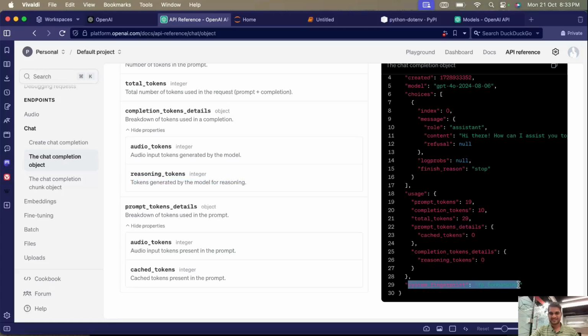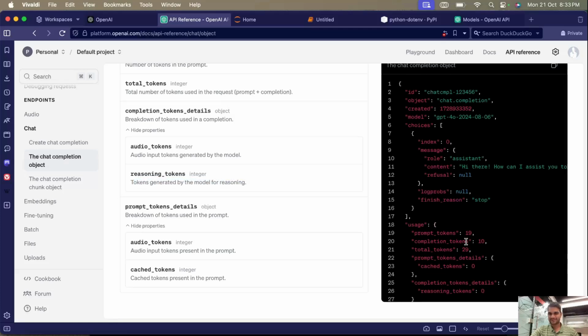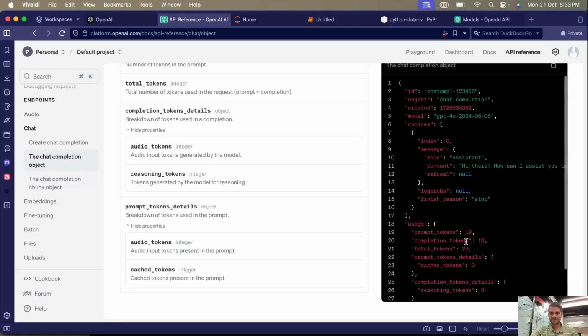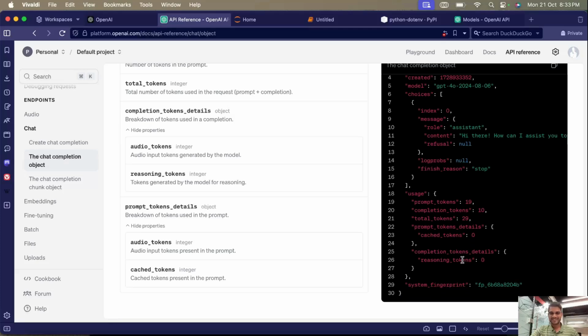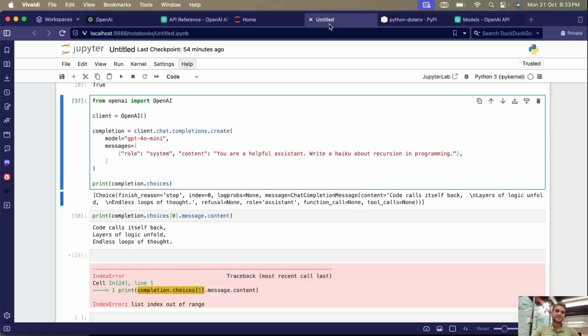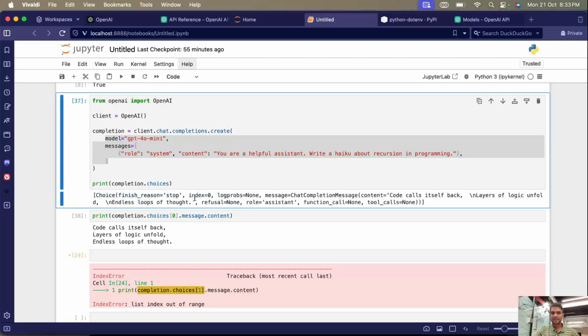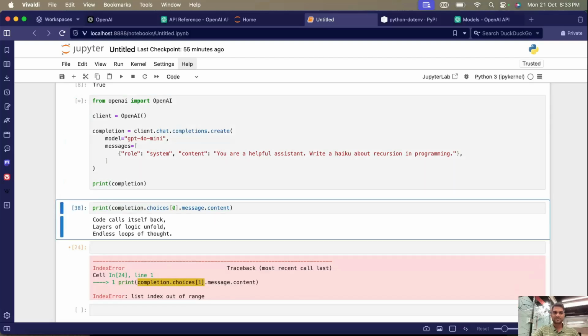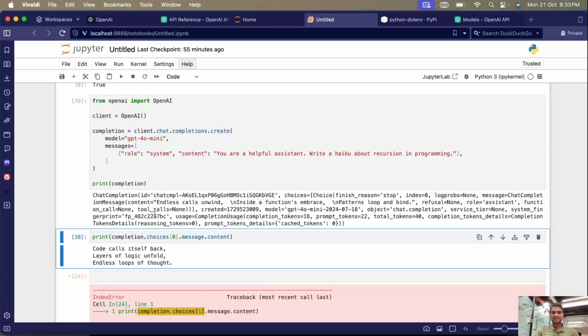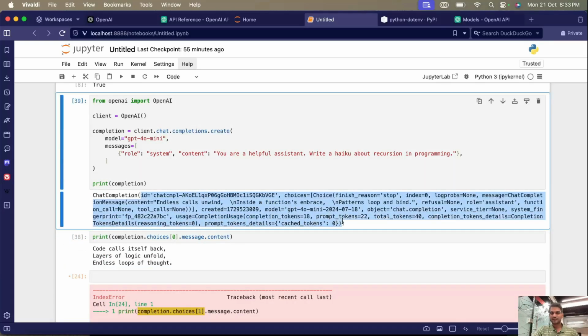And yeah, system fingerprint is, I guess, some housekeeping which we'll never have to worry about, hopefully. So that's about the params that we can send and what we get. So hopefully here, what these things mean now, even if we remove choices and just see the completion. Hopefully we are more familiar with all of this, like this ID, and then choices are given with finish reason,